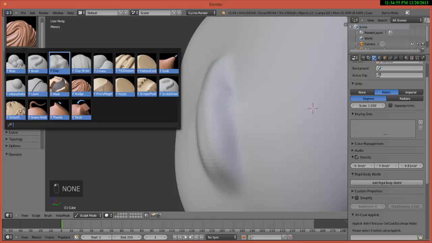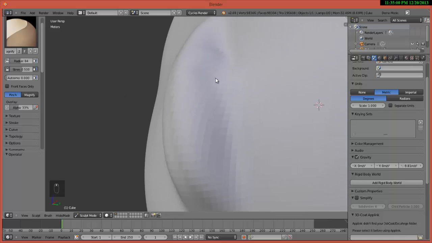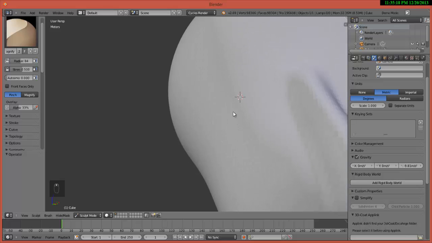So that's basically the difference. So pinch and magnify. Pinch and magnify does exactly what it says. It allows you to either pinch or magnify a set of vertices. And pinching means pulling together a certain set of vertices towards the center of this brush. So unlike the crease brush, which actually deepens an area,